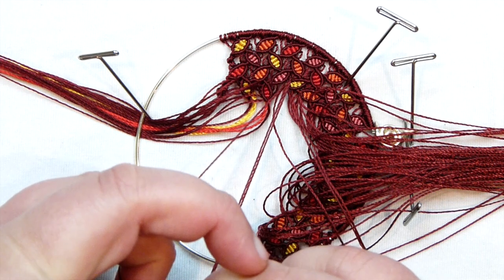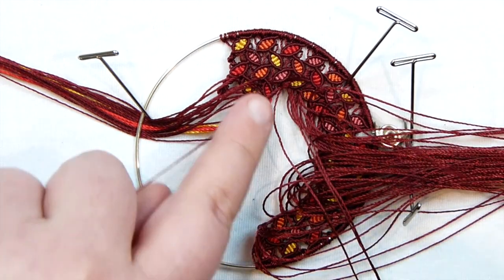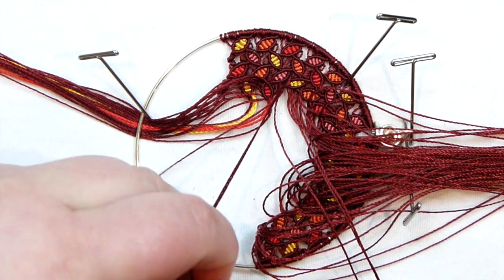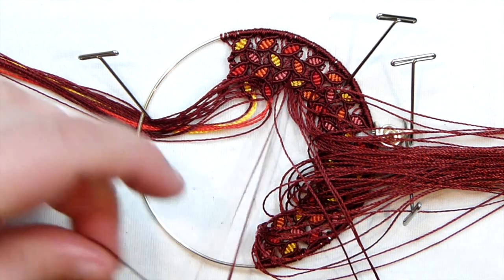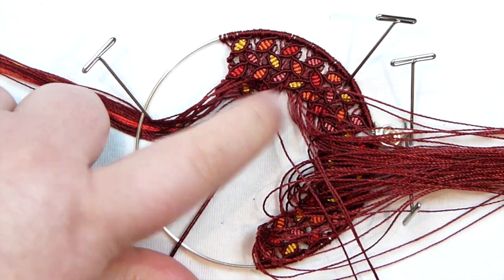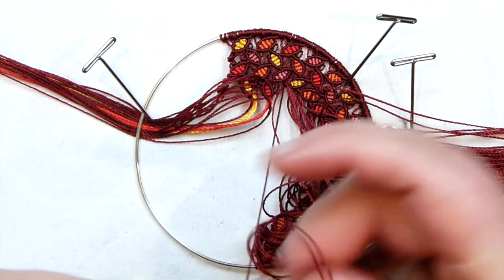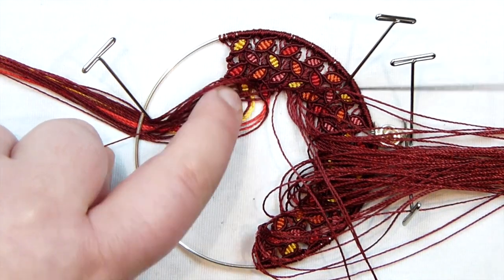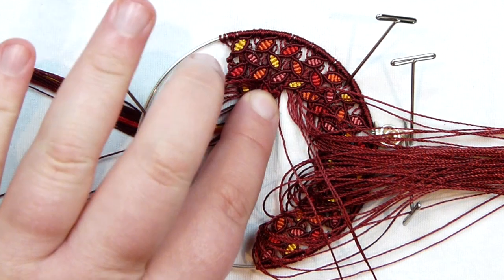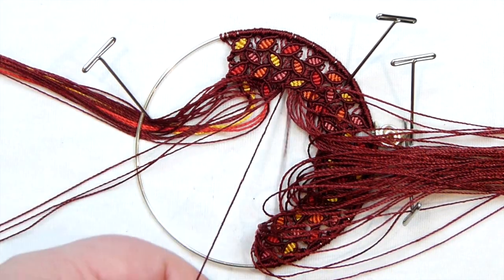So I'm just going to do that, make that little chain of half hitches, and I've started with the 3 coming up from the first leaf, and I'm only going to make enough to basically reach just around the bottom, or a little bit below the next leaf, because we're then going to bring the 2 together. So I've made these, I made 3 half hitches on this side. Now I'm going to grab the other 3 on this side,